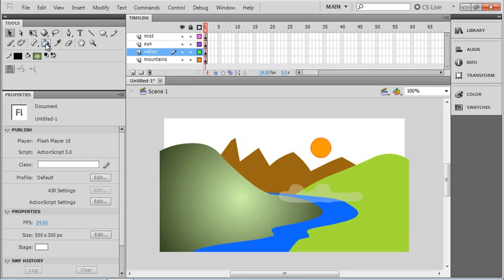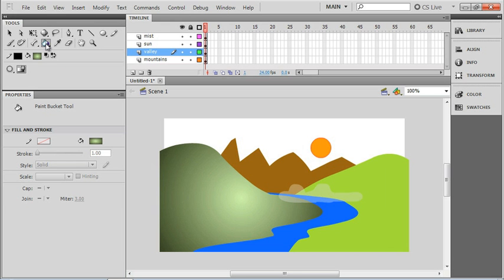I'm going to choose my paint bucket tool, and we're going to take a quick look at the options. Down here my paint bucket has an option called Lock Fill. Now what that will do is it'll lock the fill to the settings of a previous fill, and we don't want that in this case. I'd like to actually have the center point for my gradient a different center point than this one. So I'm going to turn off the Lock Fill setting,